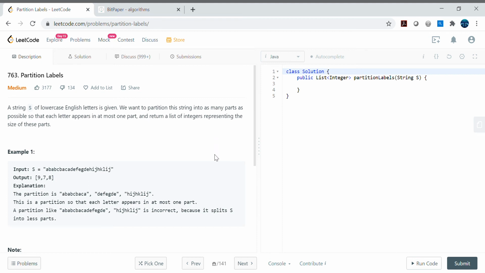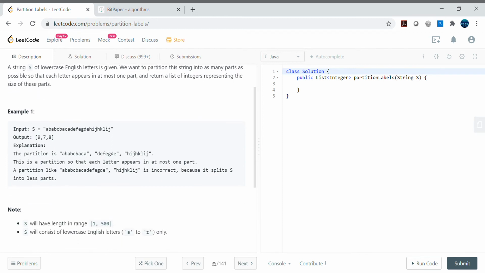Today we will cover this interesting problem called partition labels. In this problem we are given a string of lowercase English letters and we want to partition this string into as many parts as possible so that each letter appears in at most one part. And we need to return a list of the sizes of these parts. The given constraint here is that s will have a length from 1 to 500